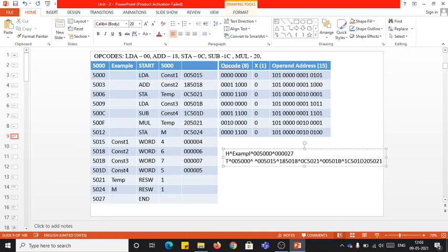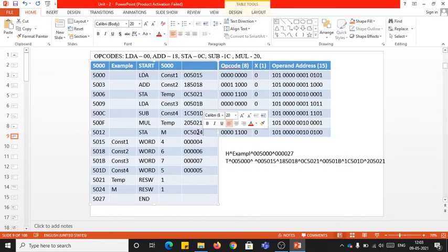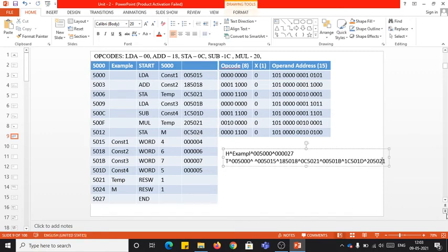If you want, you can also keep counting while you are putting the object codes into the text record. You can keep counting how many values you are putting into the text record, because that is very important. It should not exceed 69. How to count? You can observe, it is from 1, 2 to 7, 8, 9 till that length.